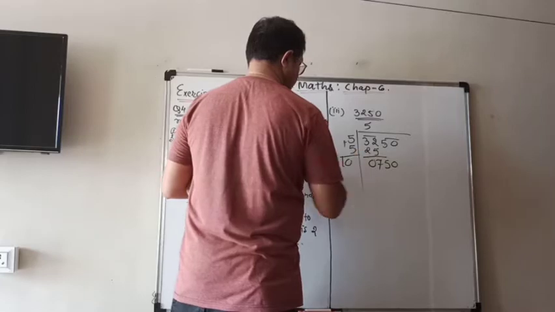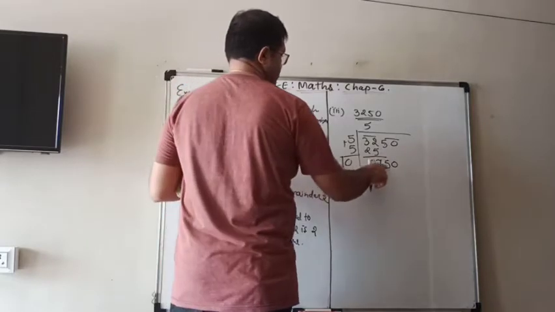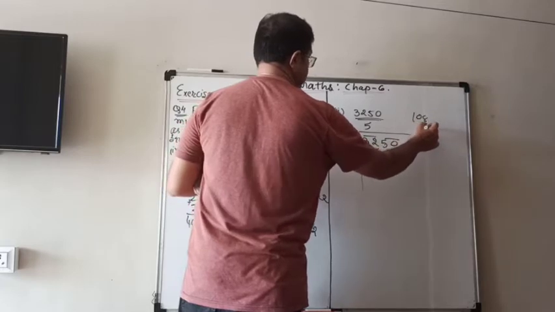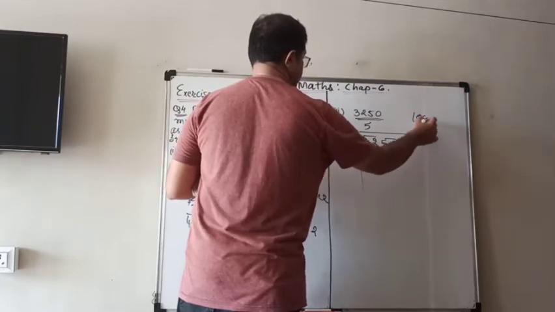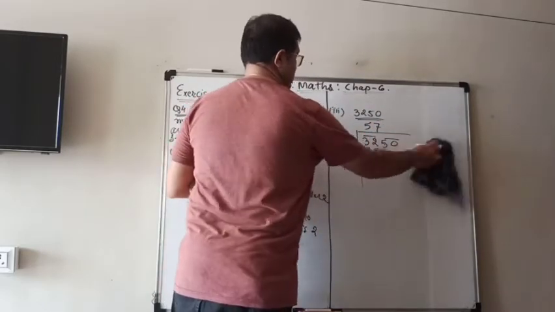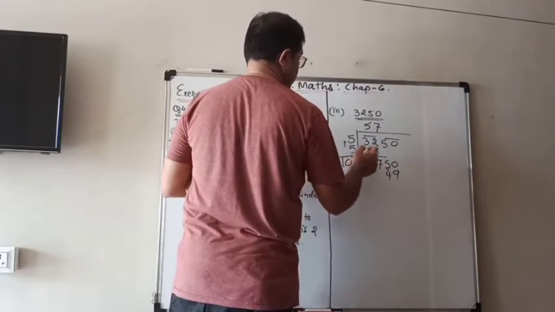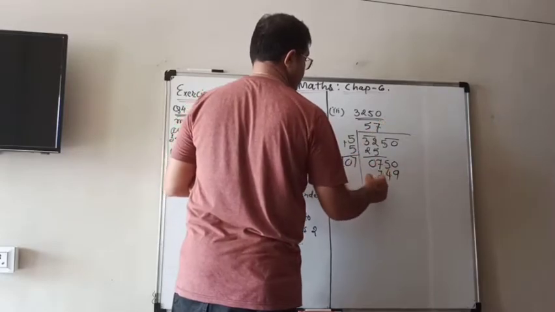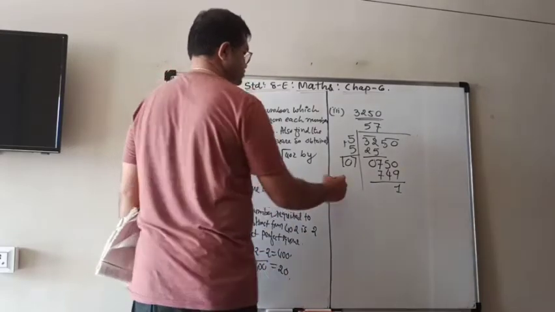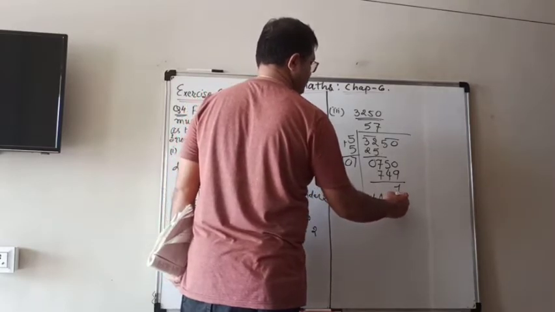5 plus 5 will be 10. Now, if you take 700, it is nearly 7. If you take 108, 8 8s are, then it will be 864. So we have to take 107, 7 7s are 49, 0 7s are 0, 4, and 7 1s are 7. So here we get 1 as a remainder.